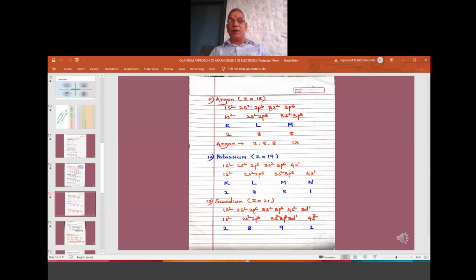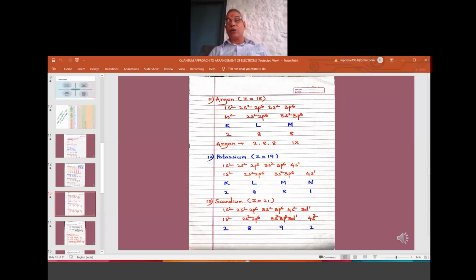So it is most stable. Now here I have made a separate note on KLMN. What is K? K is the main shell where principal quantum number n equals 1. So the 1s belongs to the K shell. Now here 2s and 2p have principal quantum number 2. Therefore both have the same quantum number 2 and belong to the second level, the L shell.